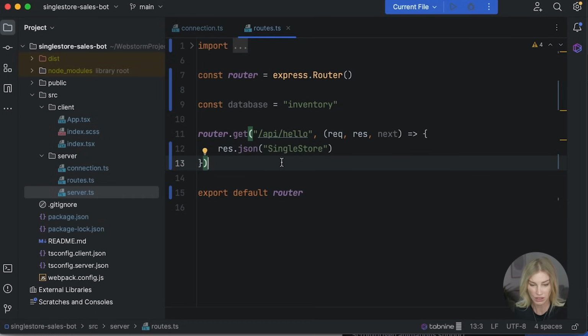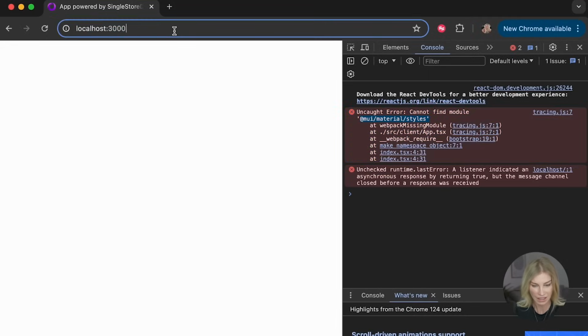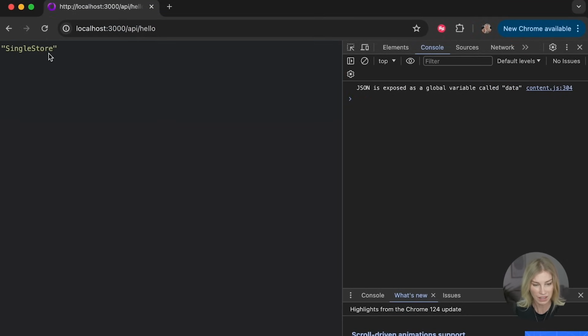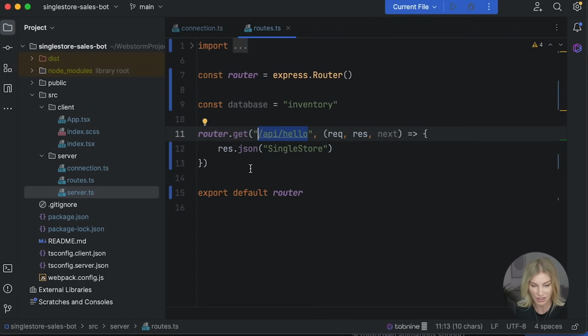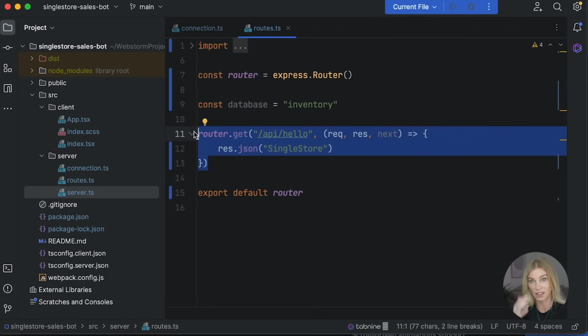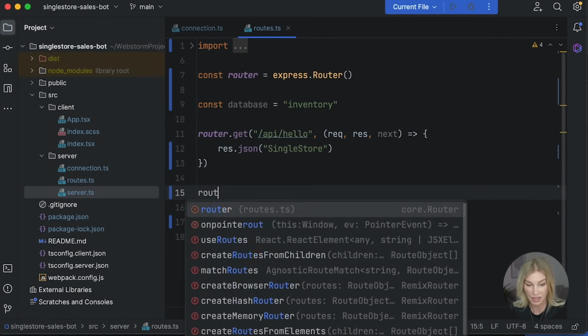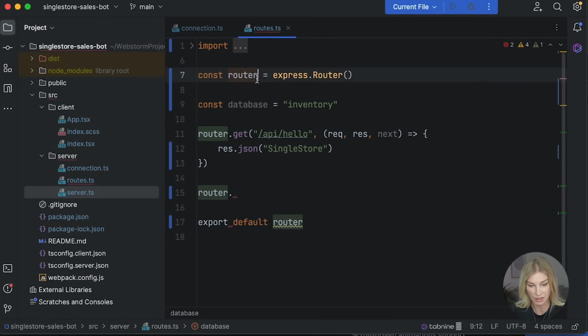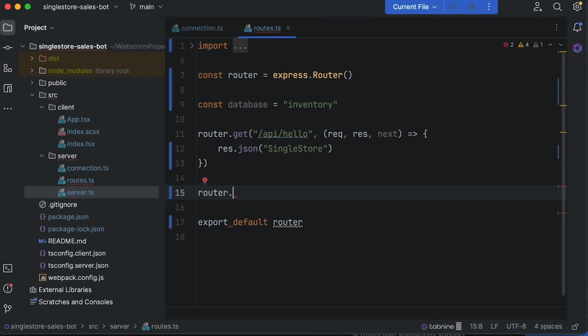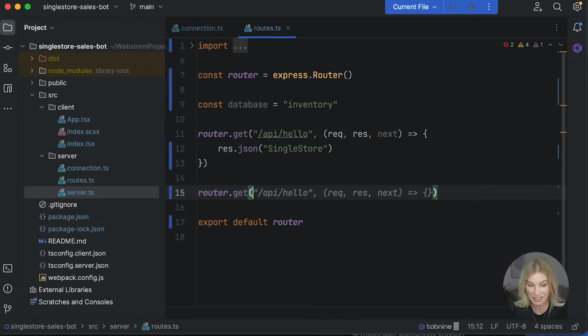Let's write our root. First off, let's check this is working. So if I just grab this and we stick API hello, it will say SingleStore, because essentially that's what we wrote to say here. So we're essentially going to copy this approach, right? We're just using Express. We're going to get router, because that's what we essentially define here from Express router. And this time, however, we're going to do router get, and then we're going to say that if we visit the URL or the endpoint